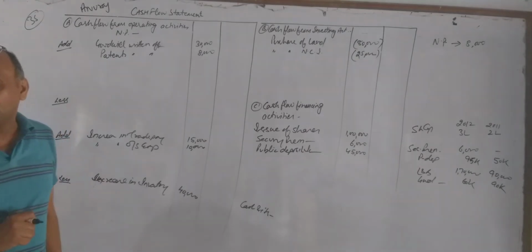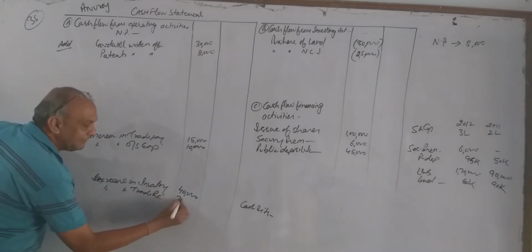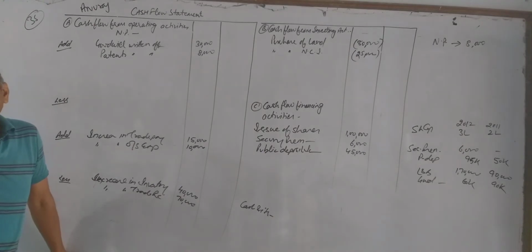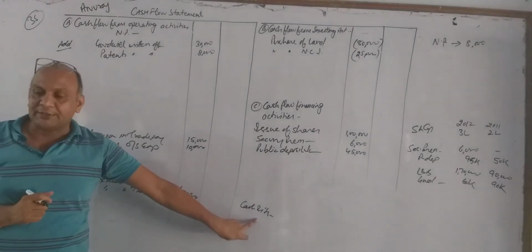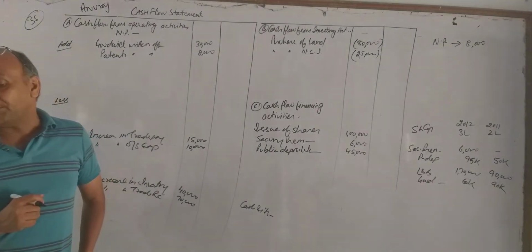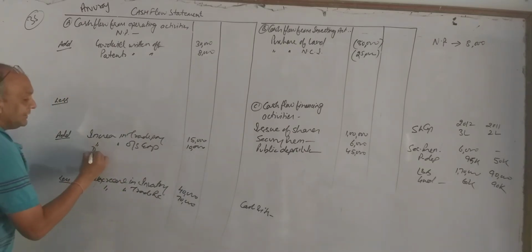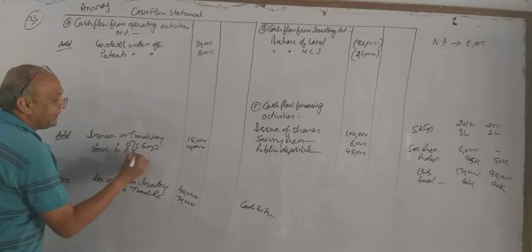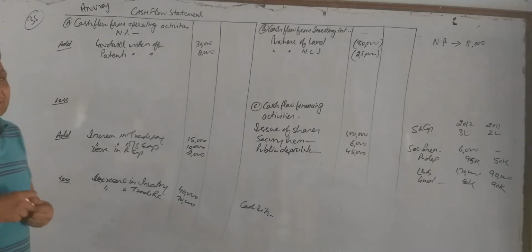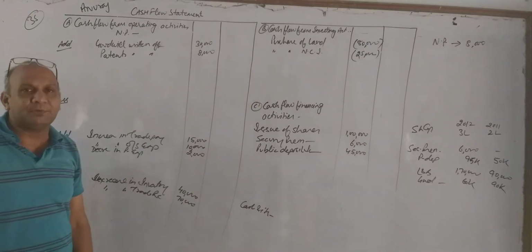Next, trade receivable, 50 and 120. Again, increase in trade receivable, 70,000. As current assets are increasing, less. Next item, cash and its equivalent. It will be part of it. And then last item is other current assets. In other current assets, we have given prepaid expense. Last year 10, now 8. Current assets decrease. So decrease in prepaid expenses, 2,000 rupees. In this way, we have completed our balance sheet by transferring all the items under different heading of cash flow statement.